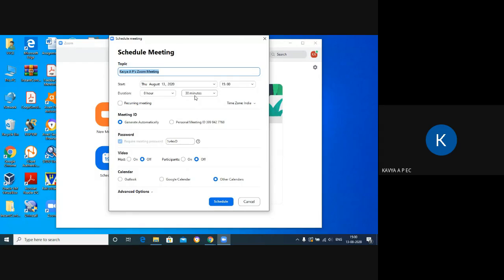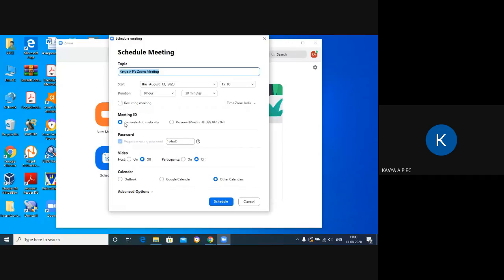One thing about Zoom is that it is not completely free. If there are more than 3 participants, the time limit is 40 minutes. But I think 40 minutes is more than sufficient for one class, so you can use Zoom for conducting online classes. You can set the duration to the actual duration of your class. Is this a recurring meeting? If it is a recurring meeting, you can choose this.